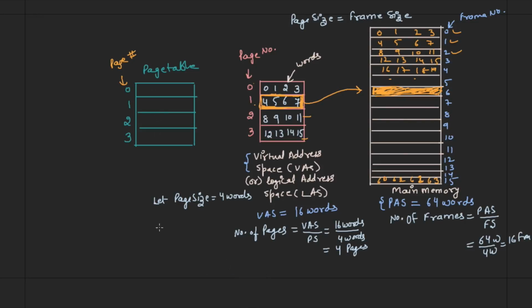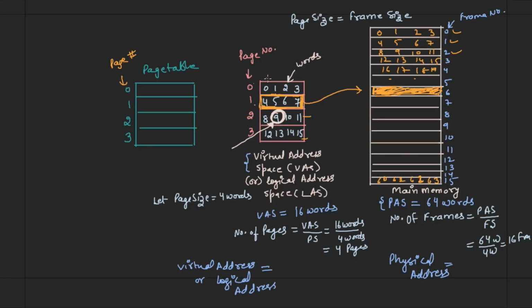Now there's something called a virtual address, or logical address, and there's something called a physical address. Now this virtual address is the address of each byte, or you can say address of a word, and the physical address is likewise the address of a byte or word. For example, if I ask what is the address of this byte 9 in this virtual address space, what will it be? If you count all the bytes, or all the words,